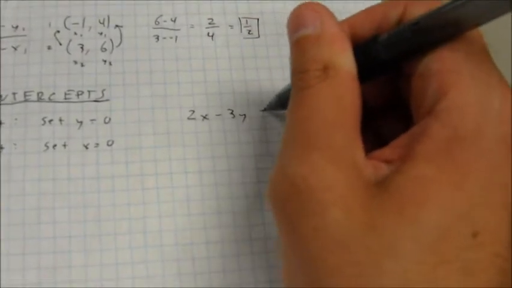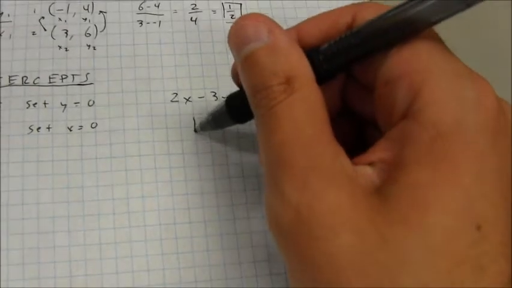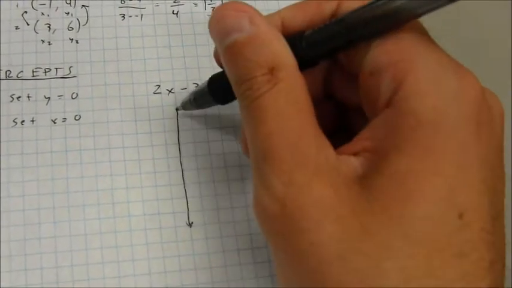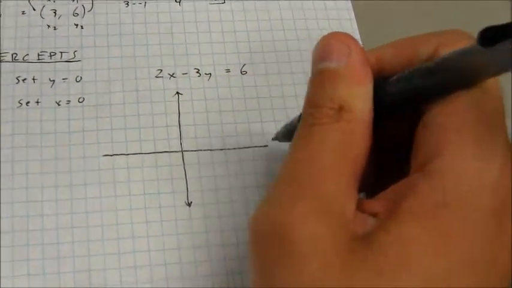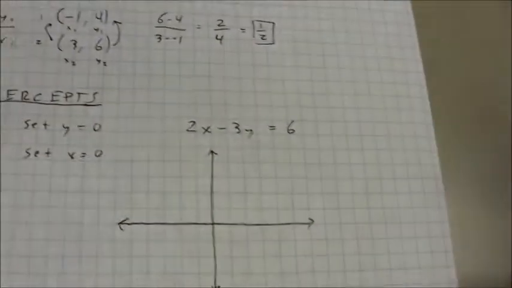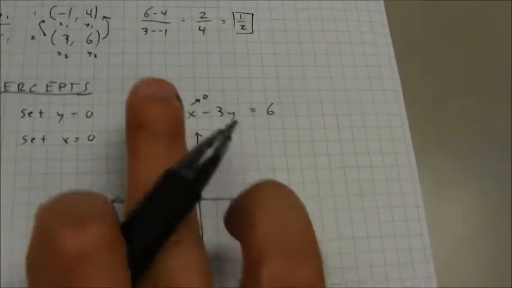So for example, if I want to graph an equation like 2x minus 3y equals 6, really, as long as you know it's a straight line, and this will be a straight line equation, you just need the 2 points that you can plot the quickest, and it's very, very easy to substitute zeros into an equation and find points. So for example, if x is equal to 0 here and I want to find the y-intercept, that's going